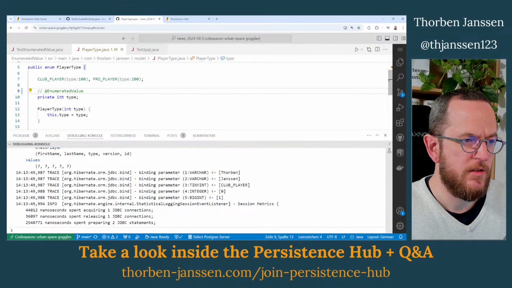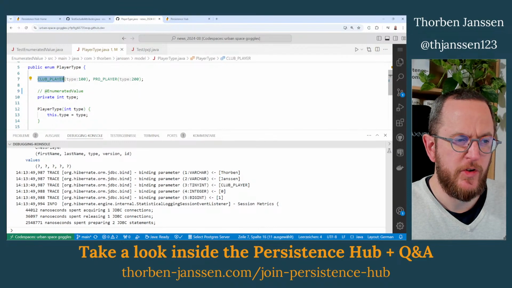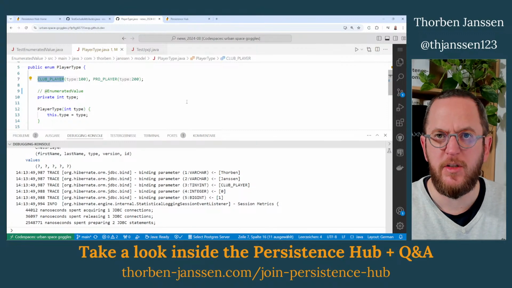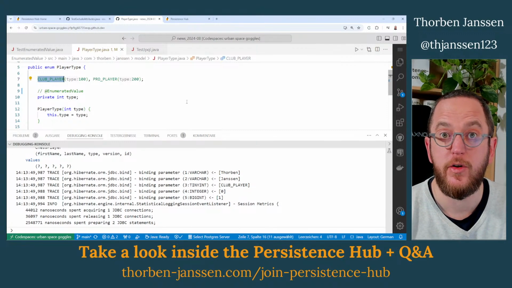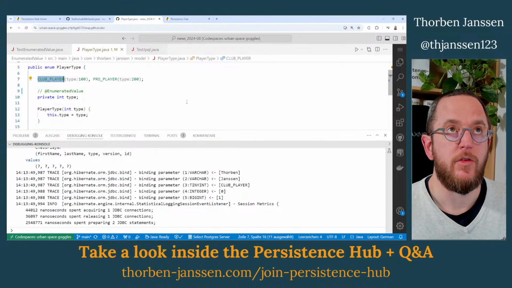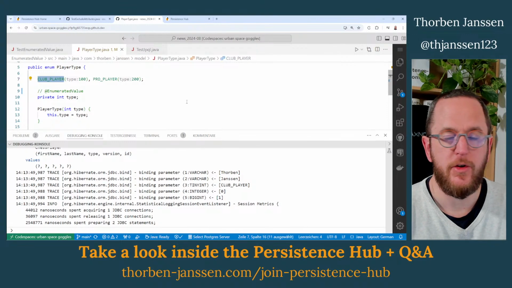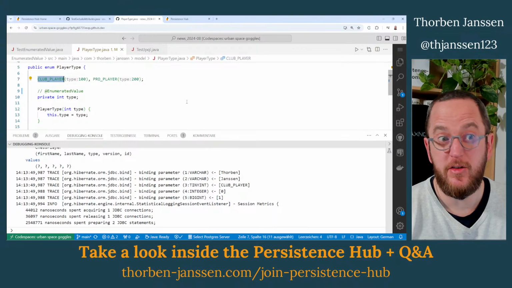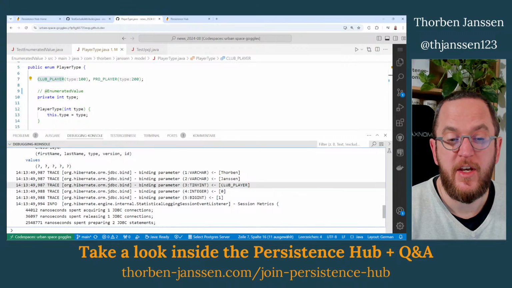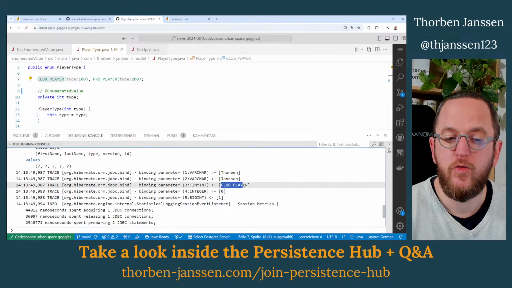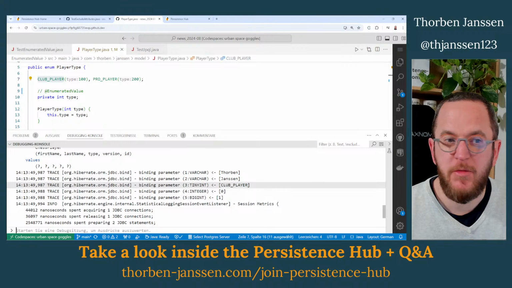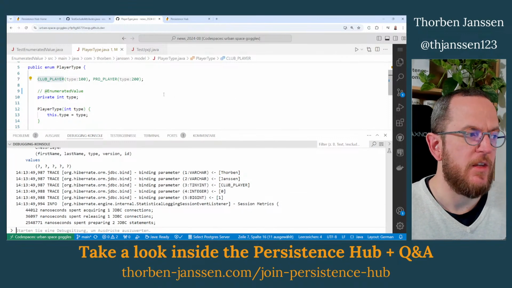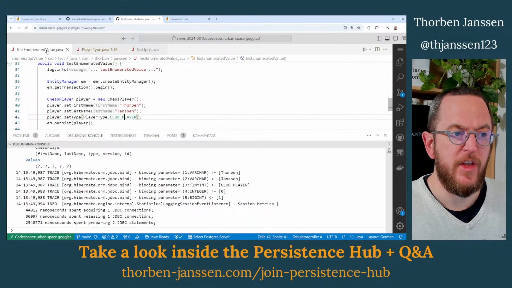And that means this string representation is stored there. As soon as you change it, you also have to change it in your database, and that means you have to migrate all of your existing database records to the new version, which, to be honest, can be quite annoying. The second issue is that this here is a relatively long representation. Depending on the name of your enum, the string representation can get quite noisy. So you might not want to use that.